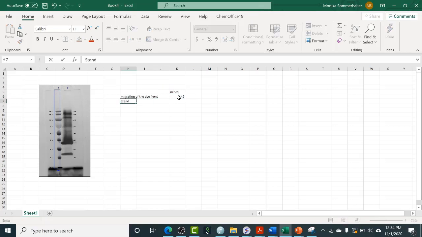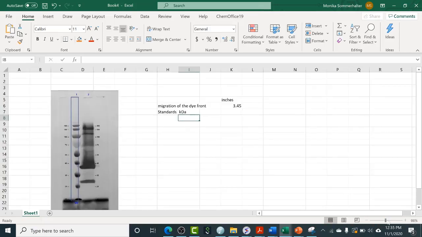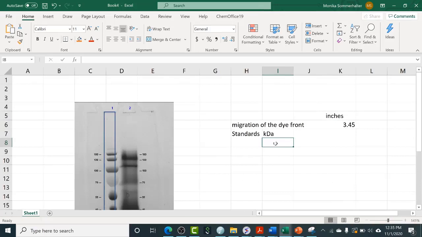These standards have a range of different molecular weights. They're given in kilodalton. I probably should have said molecular masses given in kilodalton. And the values range from 180, 130,